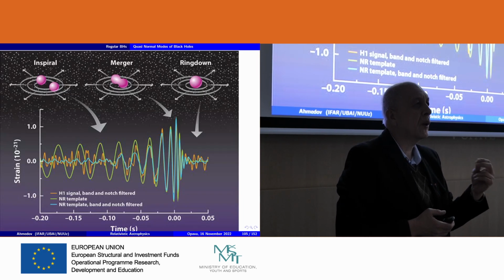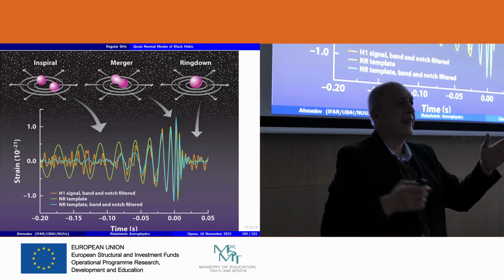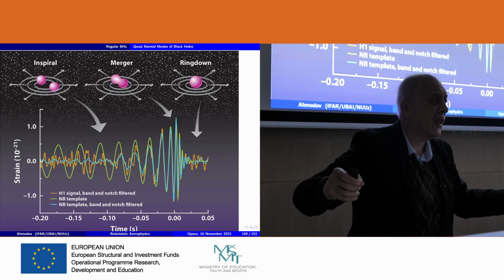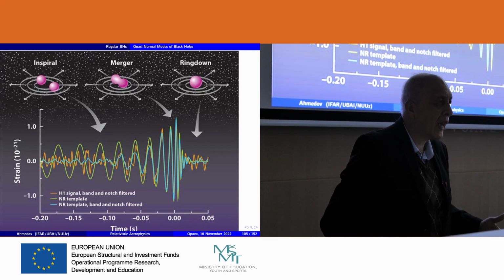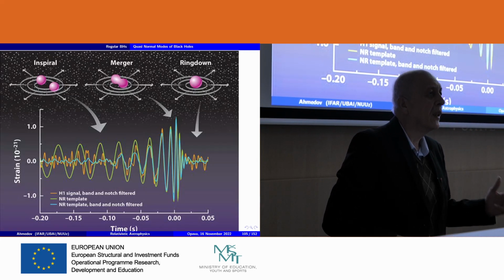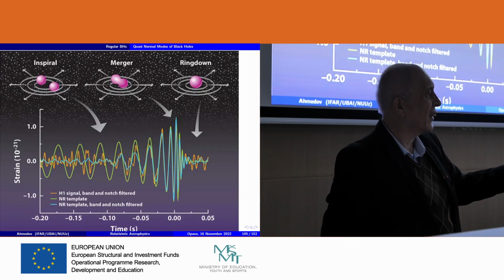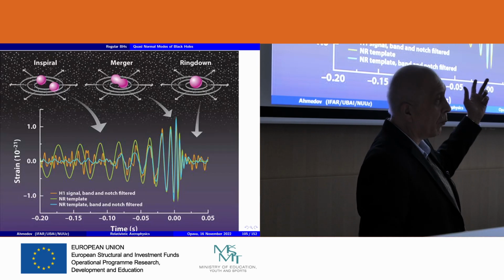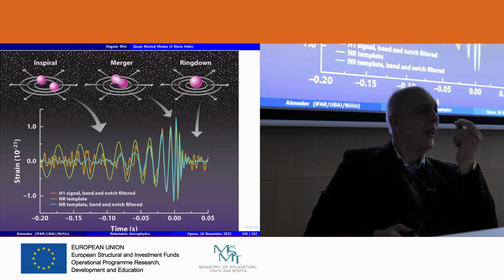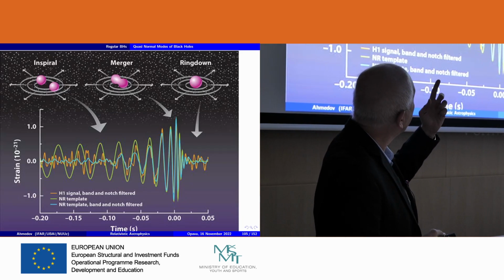If you compare with the energy produced through this event, consider that in our galaxy we have 100 billion stars, and in the universe 100 billion galaxies, each with 200 billion stars, and each of them radiates energy. If you compare the energy released from the whole universe at one stage, this energy will be comparable, even bigger. Can you imagine, one very small event? It is a very catastrophic event, and then comes the ring down